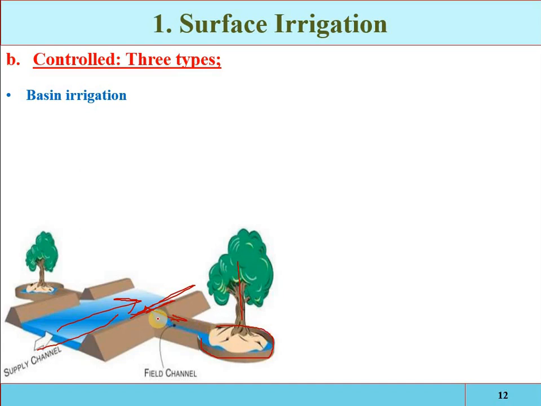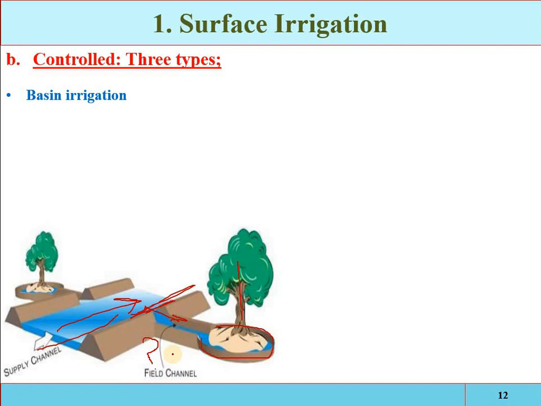So here you can see that the irrigation water is properly guided. The irrigation water is properly controlled in a closed structure. So there are different advantages of this method. For example, this portion is the unwanted portion. Here there is no crop, so this area will not be irrigated. This area will not get the irrigation water, so the water will be conserved, and also the extra or unwanted weeds will be controlled.